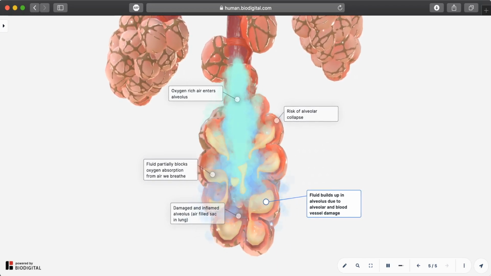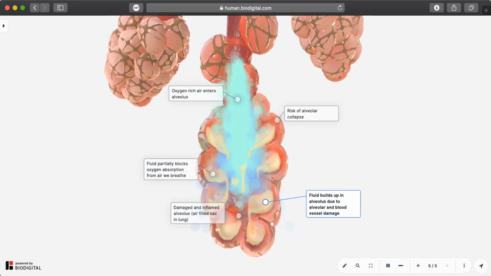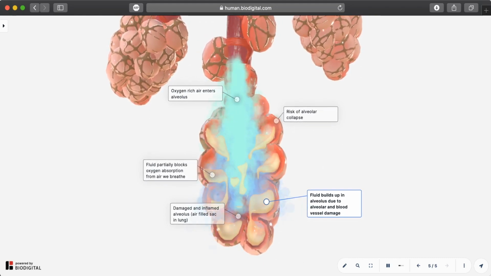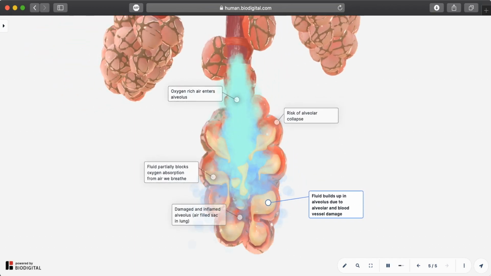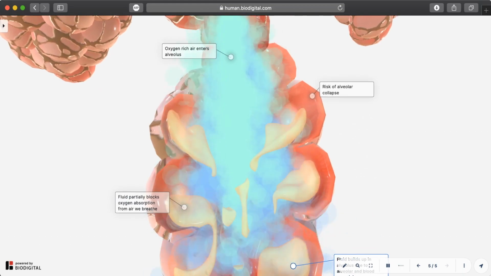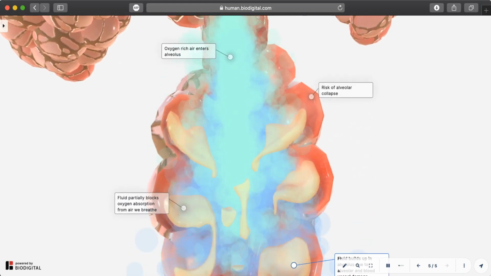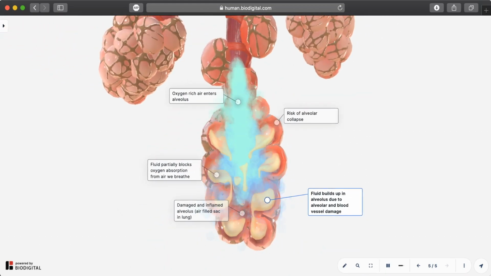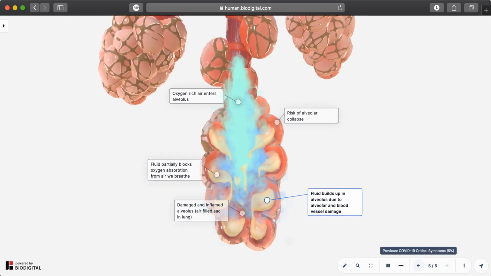As a result the oxygen is unable to mix into the blood and the person is deprived of oxygen. Because of this fluid, the alveoli even collapse and literally lose their function, and this results in the